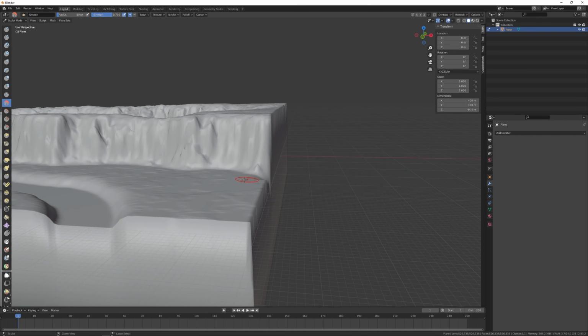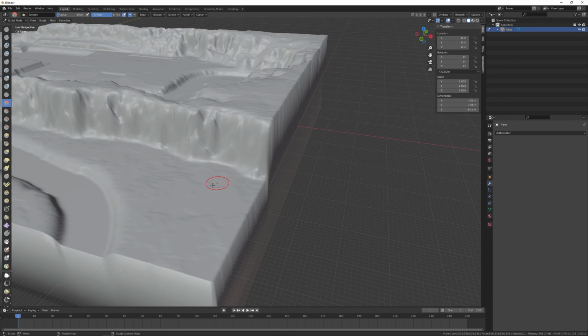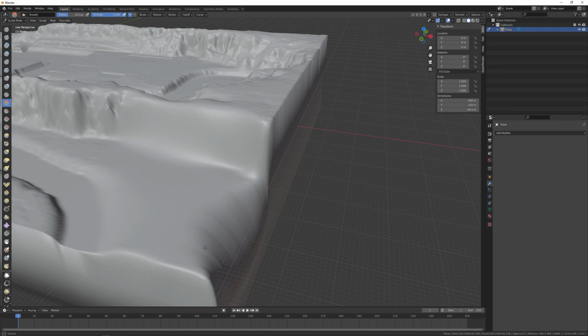Or in sculpt mode I use F to change the size of the brush, and Shift F to affect the strength of the brush. So now I'm smoothing with a very low strength. I undo that and compare it to smoothing with a very strong or very high strength.